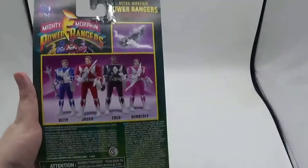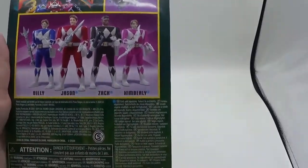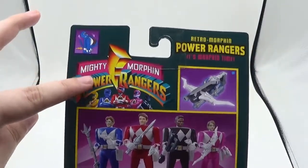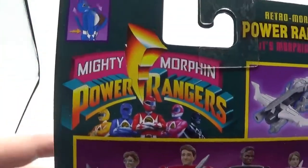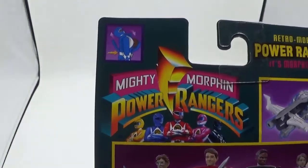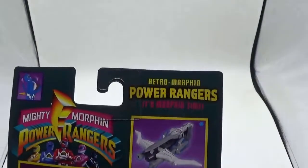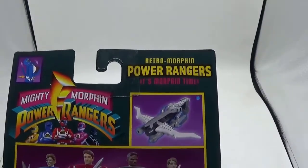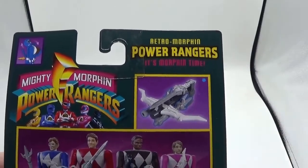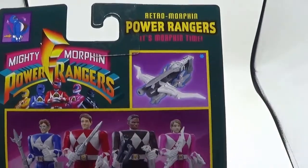On the back of the box we have, as you can see again, the asterisk saying each sold separately at the bottom here, and the Mighty Morphin Power Rangers logo with those classic Mighty Morphin Power Rangers artwork, just like on the original box artwork from the 1990s. Retro Morphin Power Rangers, it's morphin time! And the little highlight around the edge of the weapon. So on Red Ranger it was highlighting the power sword, and this one it was highlighting the power lance,